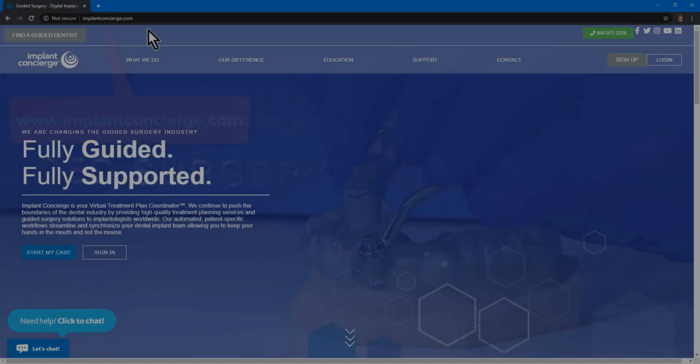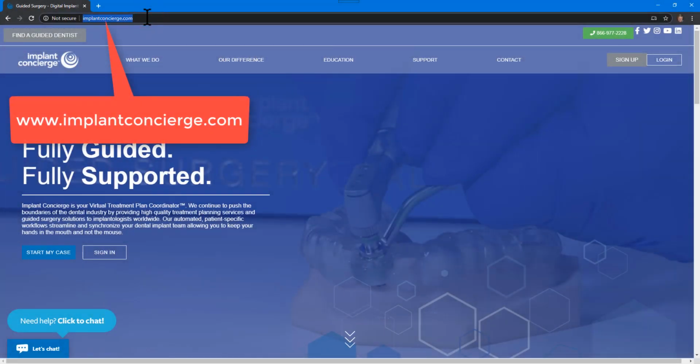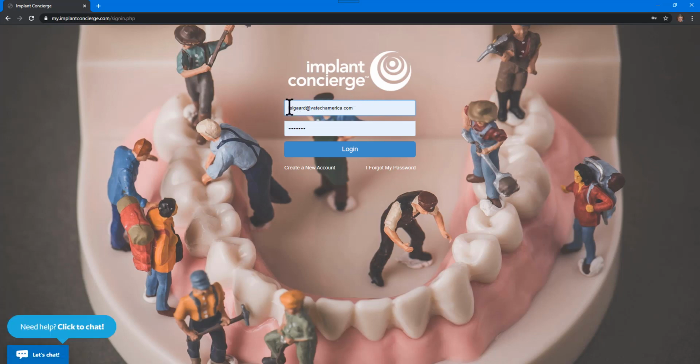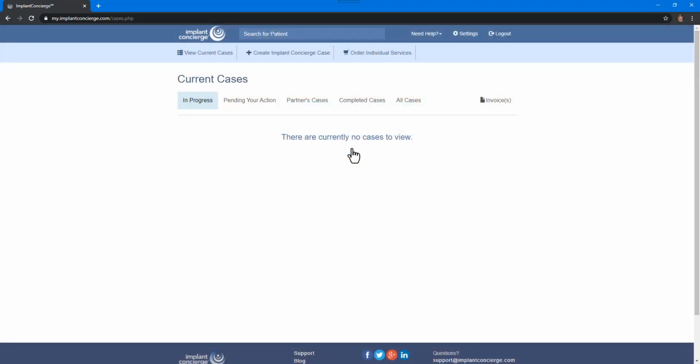We'll now navigate to Implant Concierge. Starting in the upper right-hand corner, you can sign up if using the service for the first time, or in this case, we'll click on Login with an existing account. Specify your username and password, and then log into the main website. From your work page, you can see what cases are in progress, or in this case, we'll click on Create